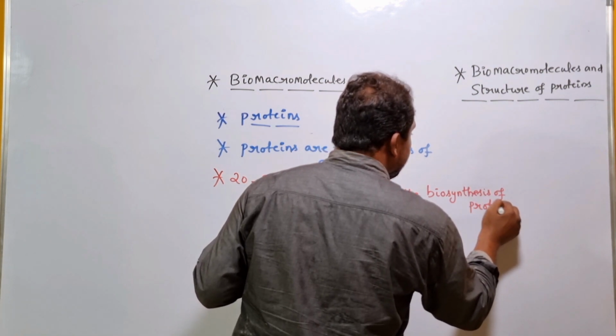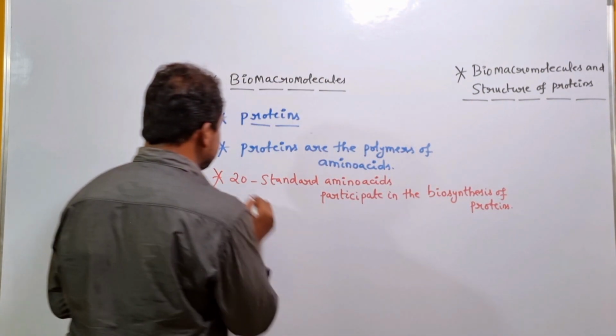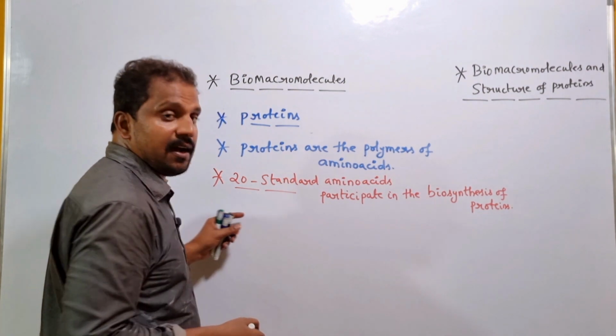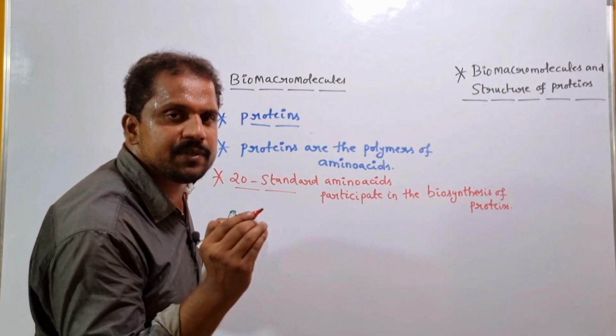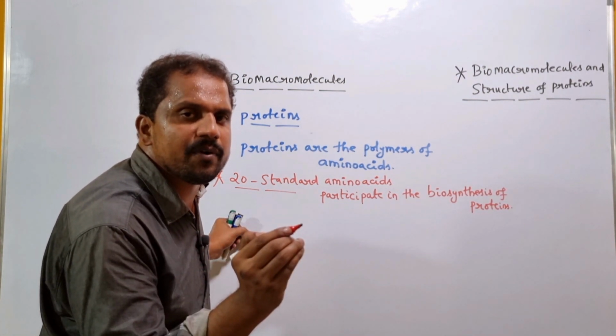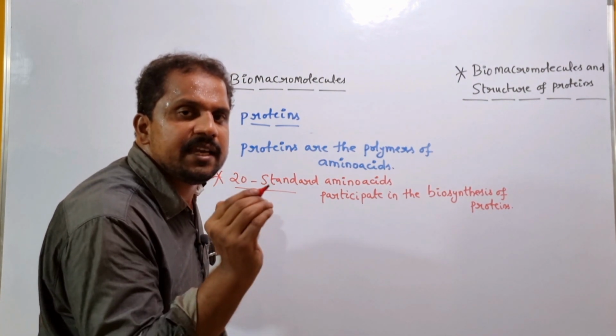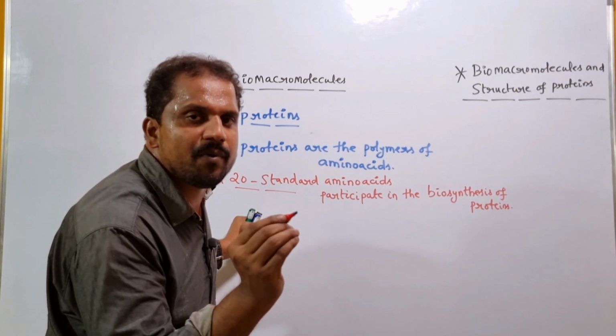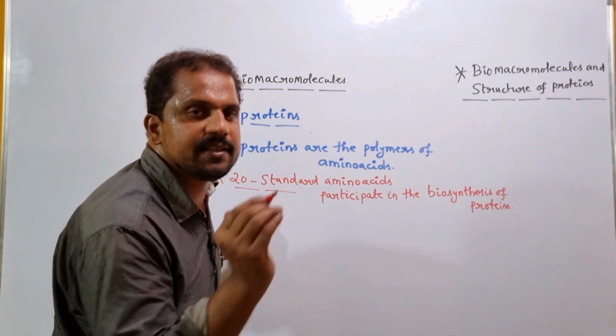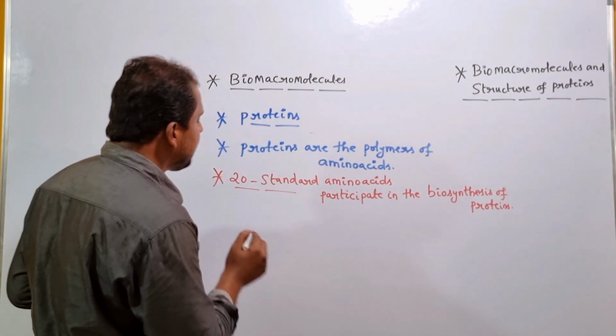So why are these specific amino acids termed as standard amino acids? Because all these 20 amino acids are observed in nearly all the biological proteins of the various living organisms. In all living organisms, these 20 amino acids play an important role in the biosynthesis of biological protein. So that is the reason why they are termed as